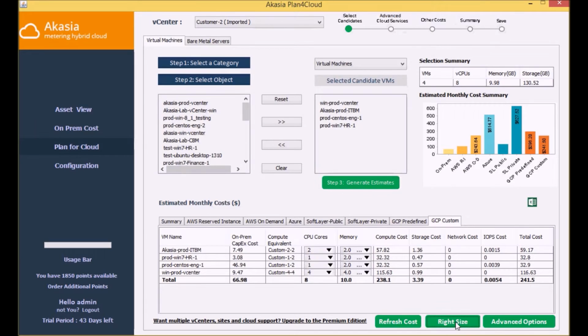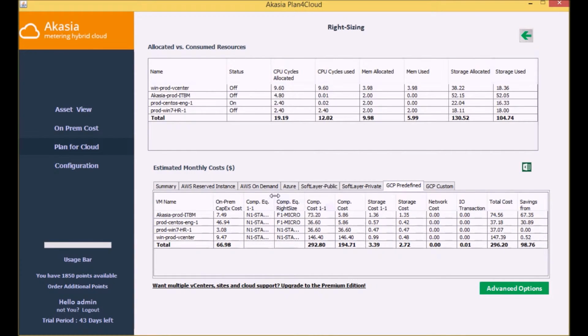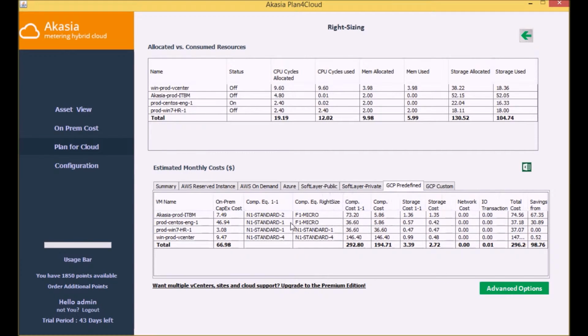The next step would be right sizing. Here you can take a look at the allocated versus consumed resources. And right here the tool shows you what the costs will be if you move all the allocated resources versus if you only move right-sized resources. You can go in and take a closer look at the templates that we've picked and see where the opportunities for cost savings are. So right here for these two VMs,